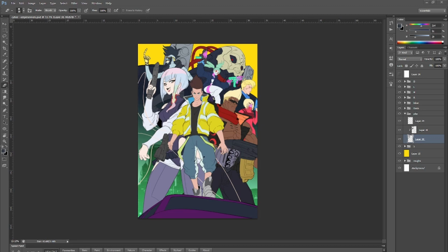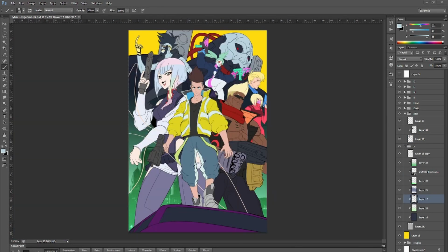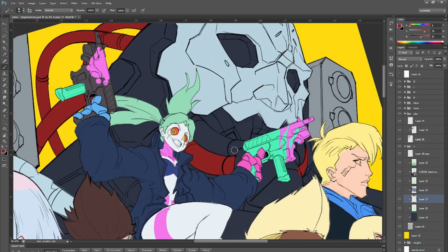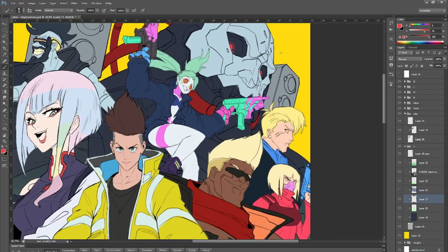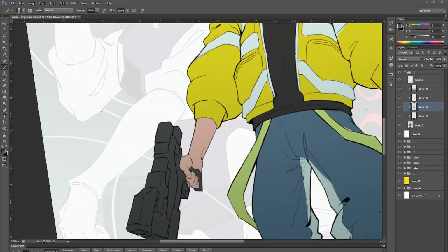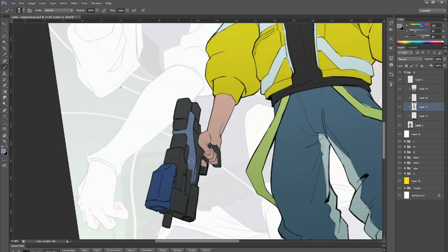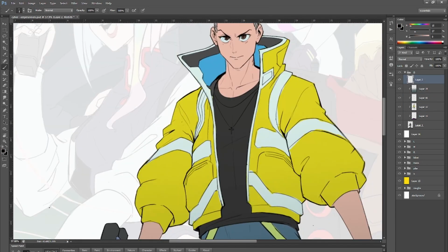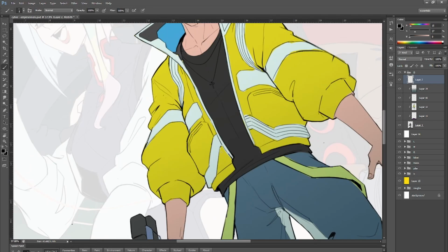So now I took a very long step back and just stared at the piece for a while, because I've thrown in my initial colors. They're not all that clean yet. But what I like to do about halfway through a piece, whether it's rendered, painted, realistic, or anime, doesn't matter, is stare at it and go, okay, are we cool with this? Is this looking okay, even at this point, which is a bit of a mess? I decided the answer was yes, and so we are now moving on to the...